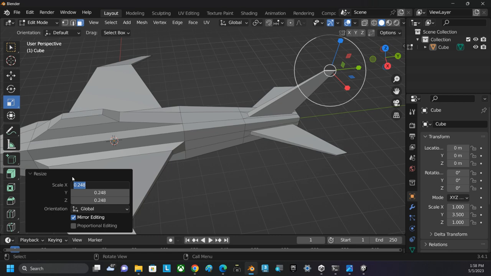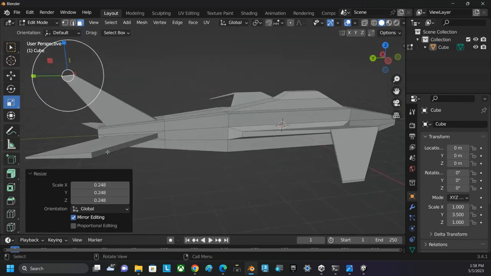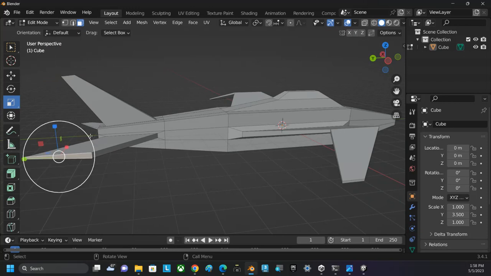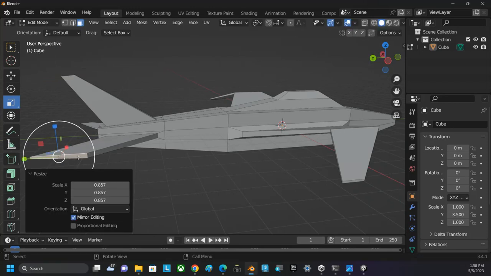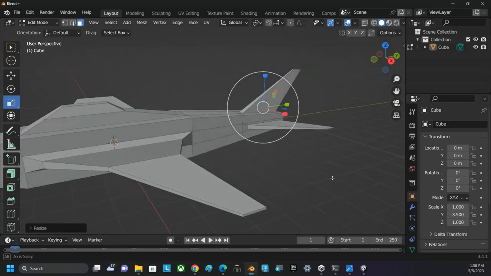You know you can enter the numbers just like that. There we go. That takes care of that. That way each of these are going to be the exact same. I'll click on that one. Just do a little bit of a scale and then get in here and it's 0.248. And there we go. The tool responds, and I get to just numerically put it in. There we go. Now I've got these nice looking